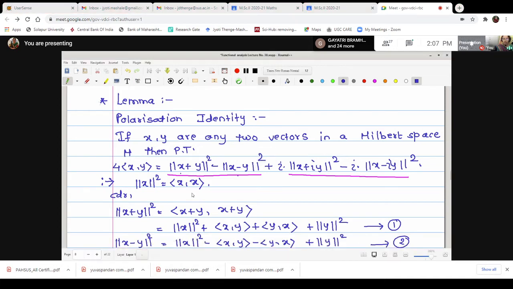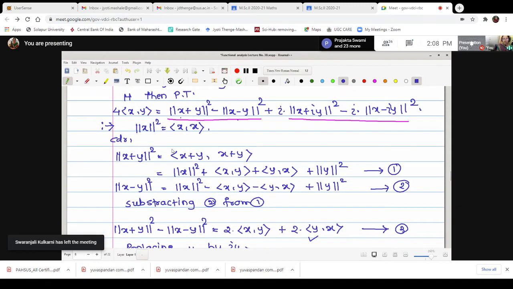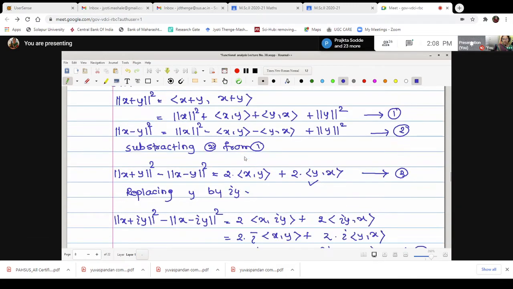Okay, therefore this is a polarization identity. Actually, this identity tells us that the inner product can be given with the help of the norm defined on the corresponding spaces. If you look at the right hand side, what is it involved with? It involves the norm function, right? That is, 4 different norm expressions are involved on the right, which combined will give us what we define as the inner product of the two vectors x and y, and we have proved this with the help of a relation between norm and inner product, right?